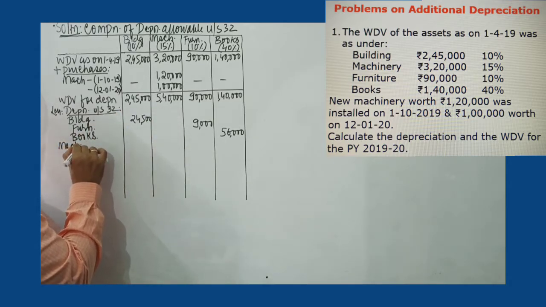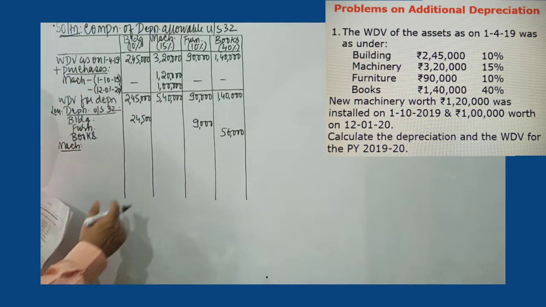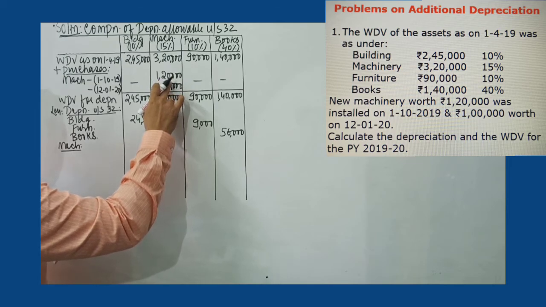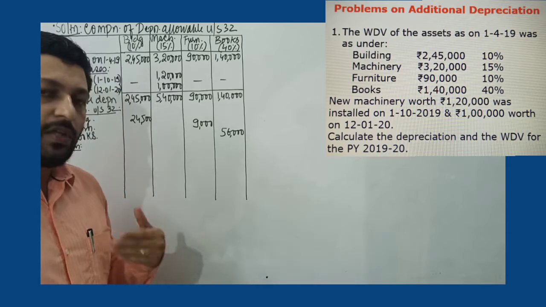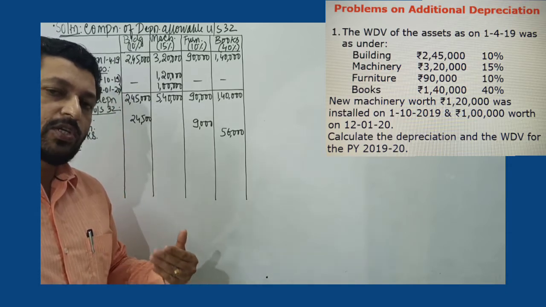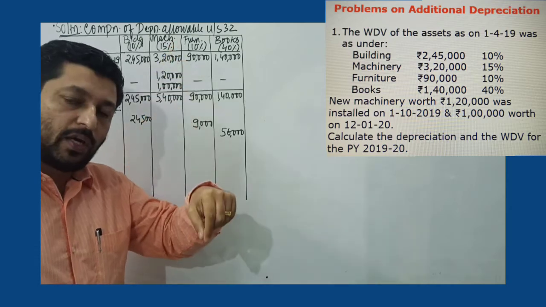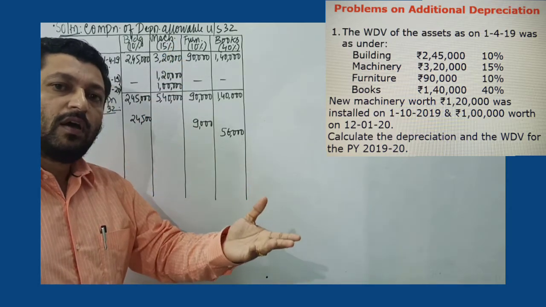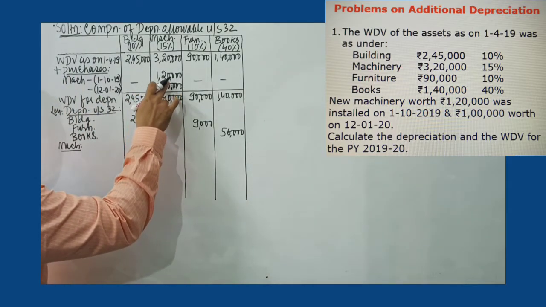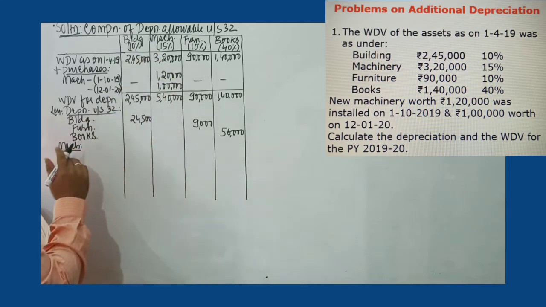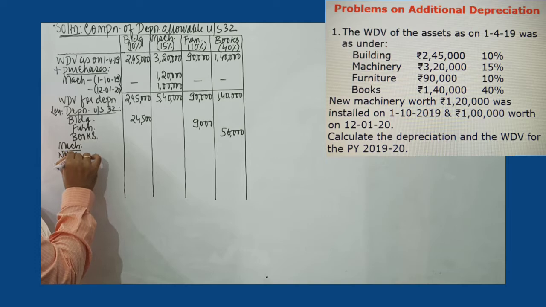Now very important point that we have to note. There are two kinds of depreciation that we need to charge. One is the normal depreciation and second is the additional depreciation. So as mentioned in the earlier session, additional depreciation is applicable only on plant and machinery installed in the factory and used for a manufacture or production of an article or a thing. So we are assuming that these two assets, plant and machinery, are installed in the factory. So first I will record the normal depreciation.